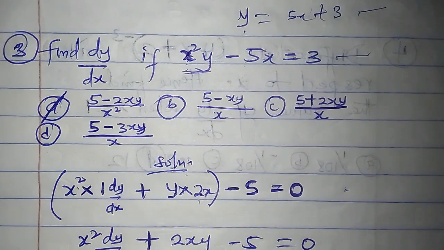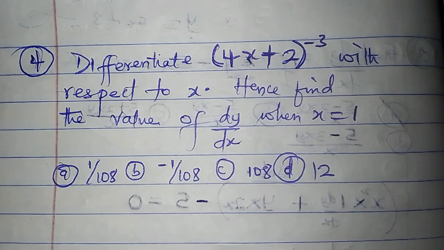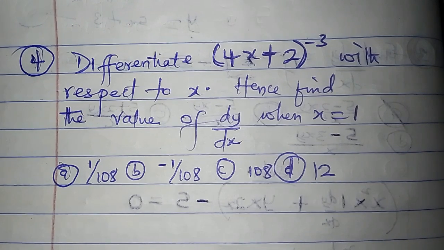So let's move to the next question, question 4. Alright, this is question 4. I'm going to use a shortcut to solve it. I want to differentiate 4x plus 2 all to the power of minus 3 with respect to x. And I will find the value of dy dx when x is equal to 1. So the first thing to do is to differentiate that function before we can find the value of the function, that is dy dx, when x is equal to 1. Okay,